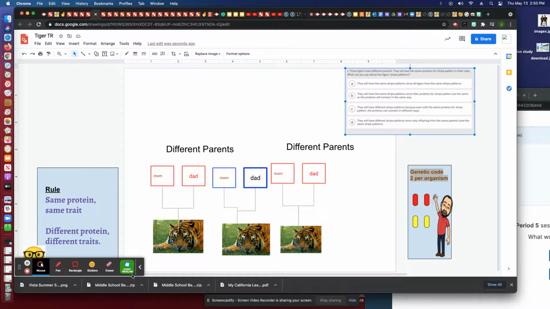And we have 3 tigers. Here's tiger number 1, here's tiger number 2, and here's tiger number 3. They all have different parents. They all have the same protein. And when we think about protein, we think about the DNA that is created to build the similar proteins. So since they all have the same proteins,